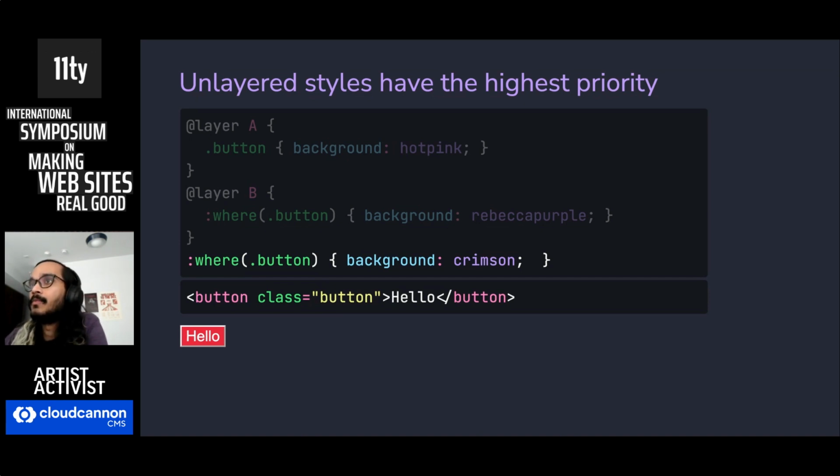This might not feel intuitive, but it kind of makes sense and you'll get used to it, because the way I think about it is you want to start with your lower priority layer. So you can put your CSS reset in a layer and leave everything else unlayered. This allows you to slowly add layers to your code base. So yeah, that's an introduction to layers. I still have some time, so I'm going to dive a little bit deeper.